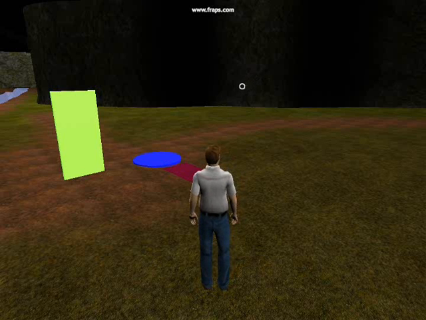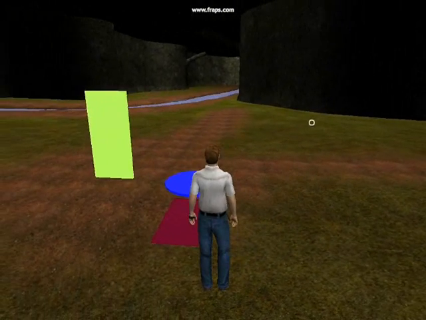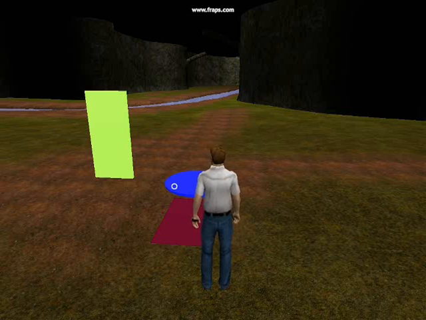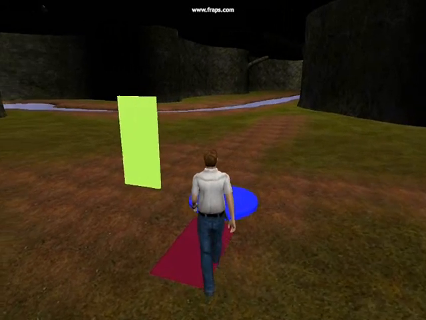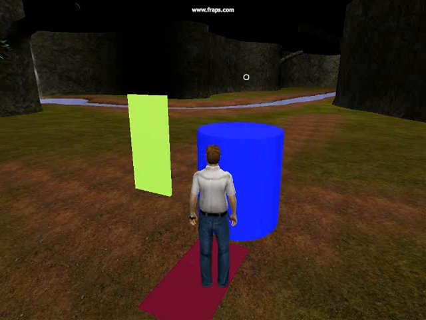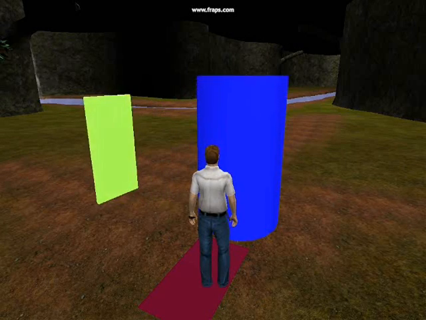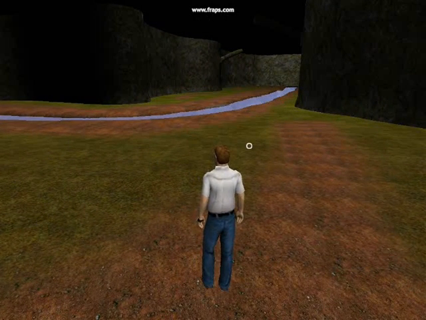Okay, the purpose of this tutorial is to show you how animation events work. If you follow the tutorial, you'll know that when we step on this plate, the cylinder is going to rise. And what I wanted to have happen is that when the cylinder gets about halfway, this door over here is going to open up. So here we go. And as you can see, the door opened, and you would have to run and get through the door. So this is a good example of how